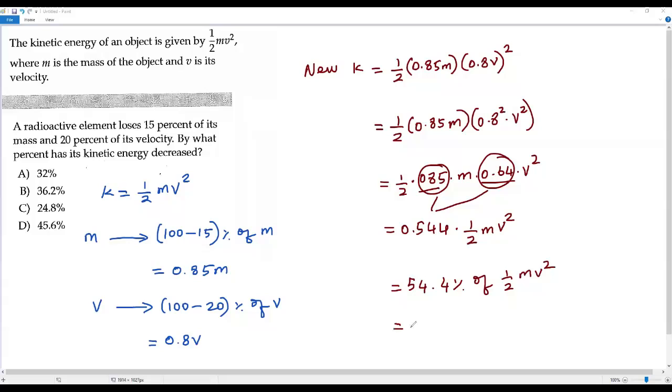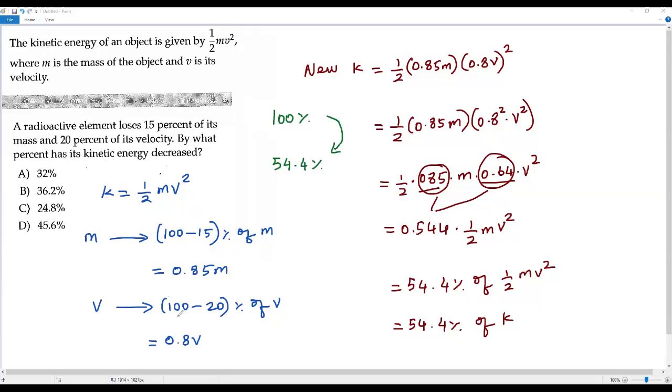So 1/2 times mv squared is the original kinetic energy, that is K. So after the two changes, the kinetic energy becomes 54.4% of the original kinetic energy. They are asking us to find by what percentage the kinetic energy decreased. The original kinetic energy is always assumed as 100%. Once again, the original kinetic energy has to be assumed as 100%. But now, after the two changes, that is 15% loss in mass and 20% loss in velocity, the kinetic energy becomes